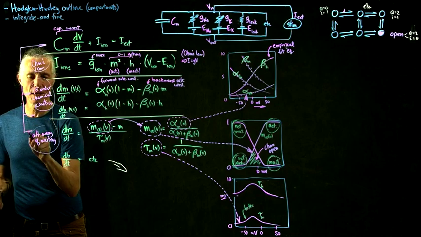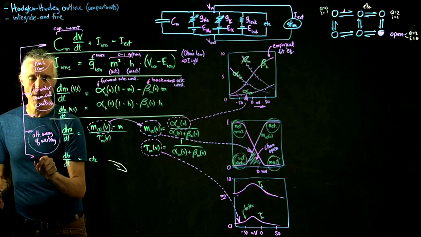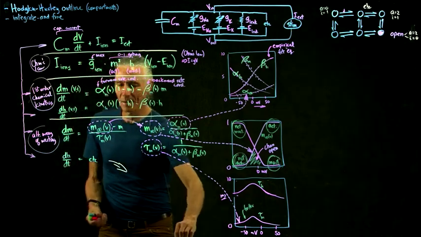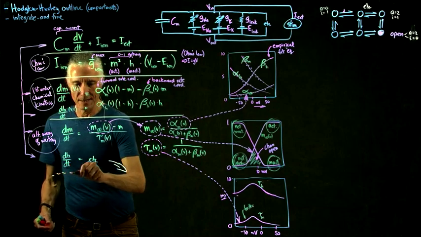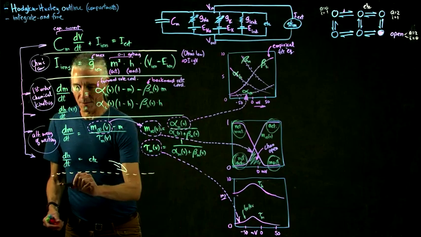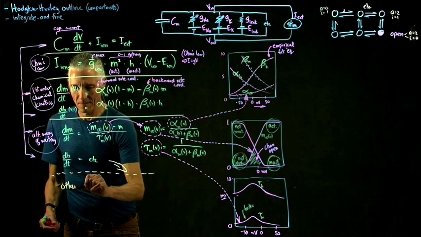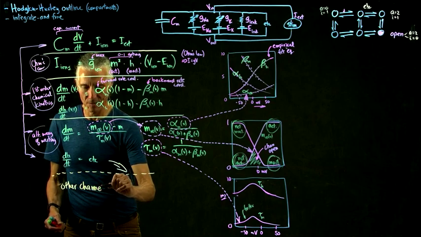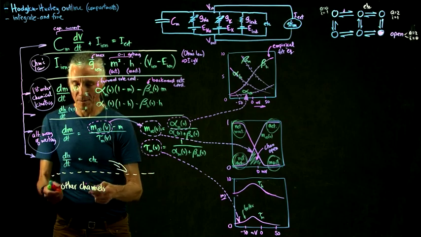And there might be more channels, so let's put a dashed line for other channels. People commonly do this with 10 channels in the membrane, so you can actually